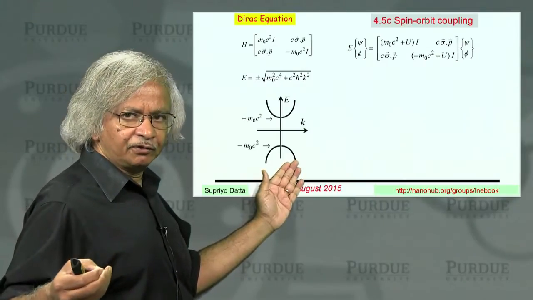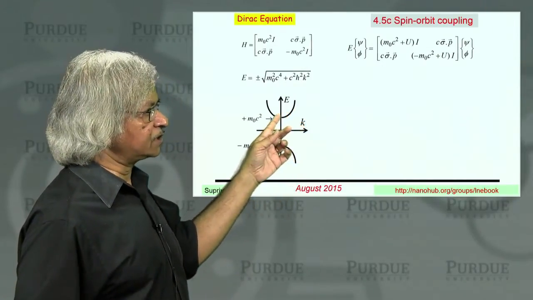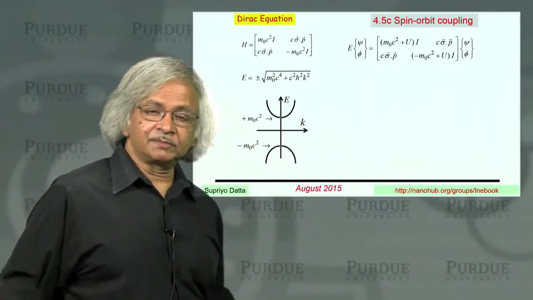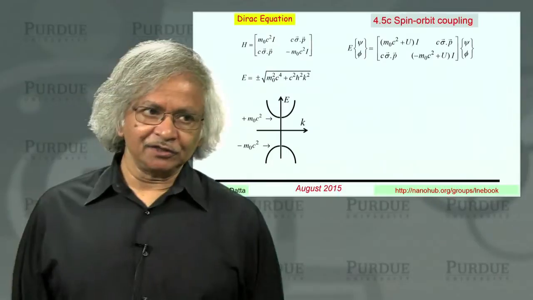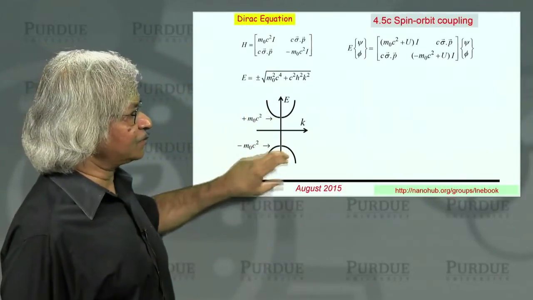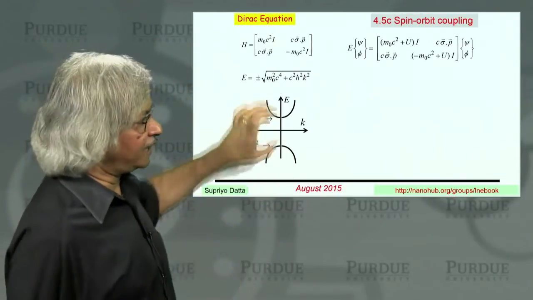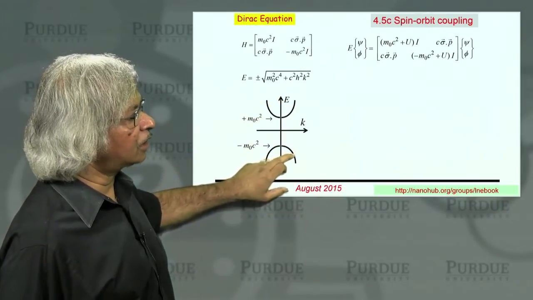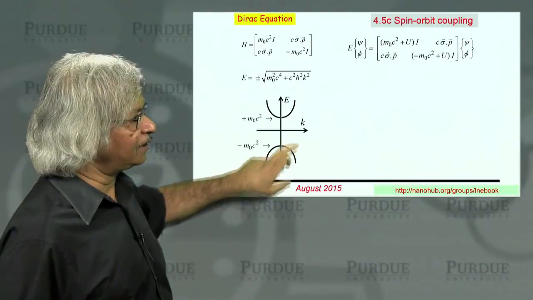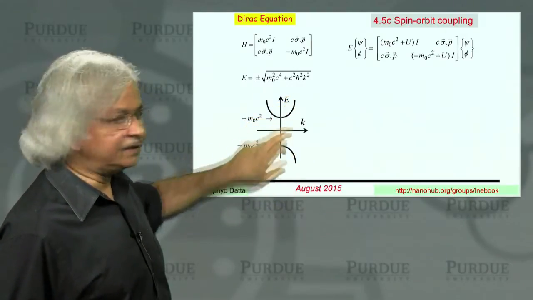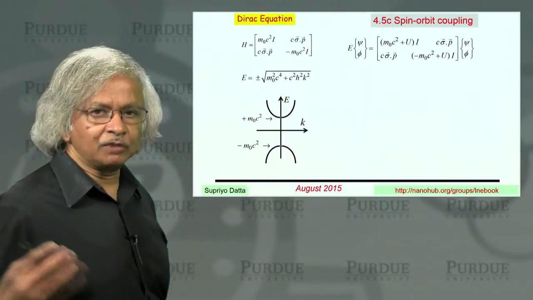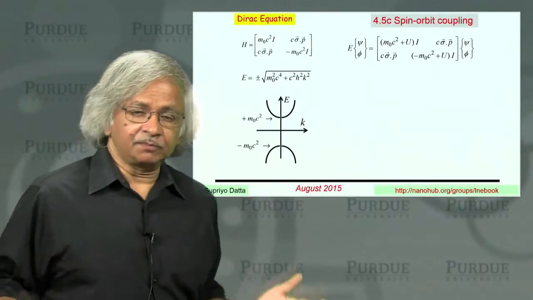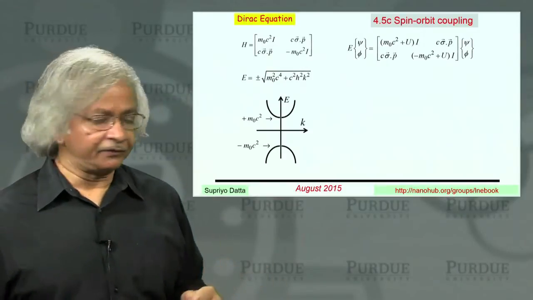And then if you have a few extra electrons, those are the ones that we normally see out here. And an important experimental consequence of this picture is that if you hit this with light whose energy is bigger than 2 mc square, then it can knock these electrons out from here over here, leaving a hole behind. And that's what's called a positron, this anti-electron. And these have been experimentally observed, very real things.